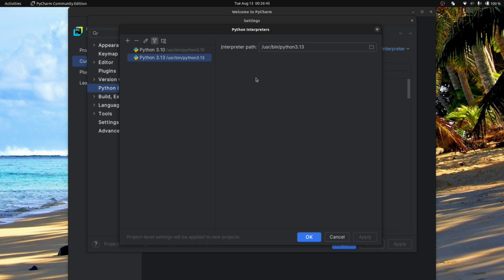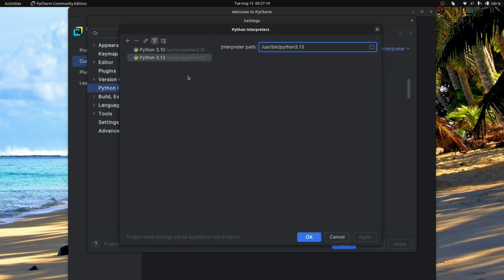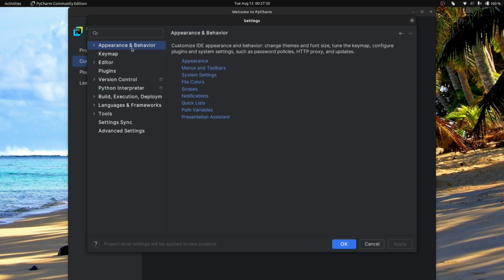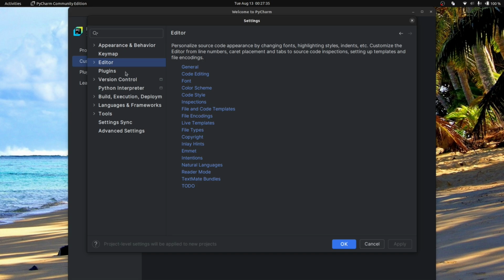If we would like to use Python 3.12, either we would reset the alternative python to Python 3.12 instead of 3.13, or we could choose directly here the folder for Python 3.12 if we want it, but I'll not change that. I'll leave it as default 3.13, and you have other configurations here for keymap, for the editor, the